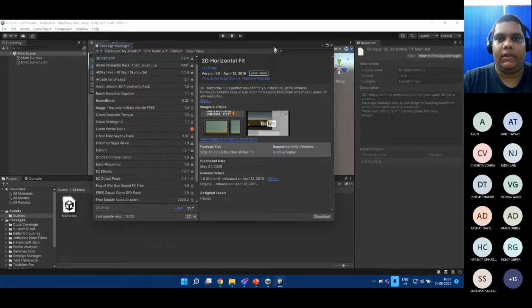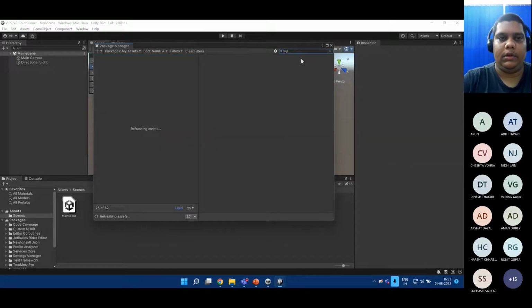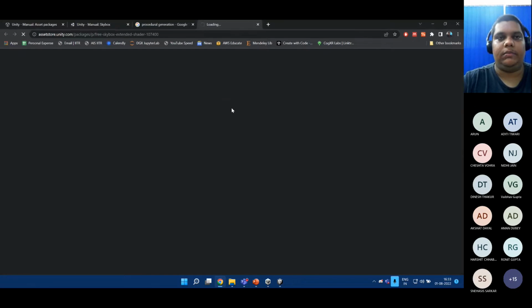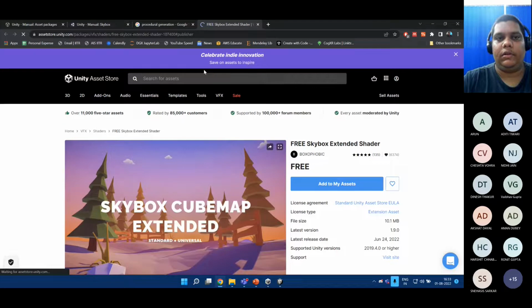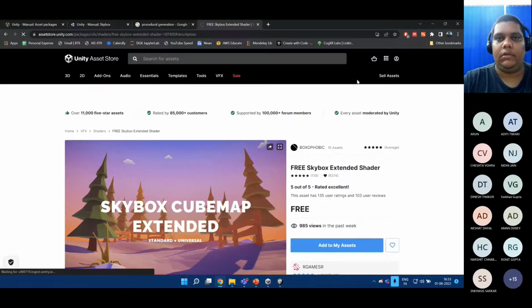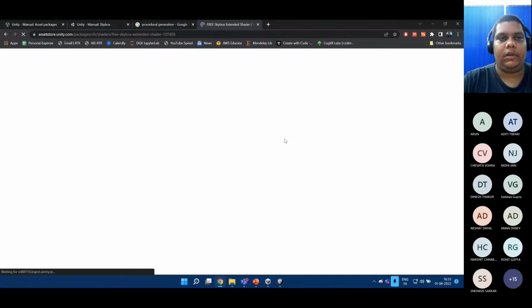One of the packages that I want to include in this one is this package called Skybox. Here. Yeah, so I can open this. This is the page that you can search. I'll share this link with you later. And once you open this, sorry,